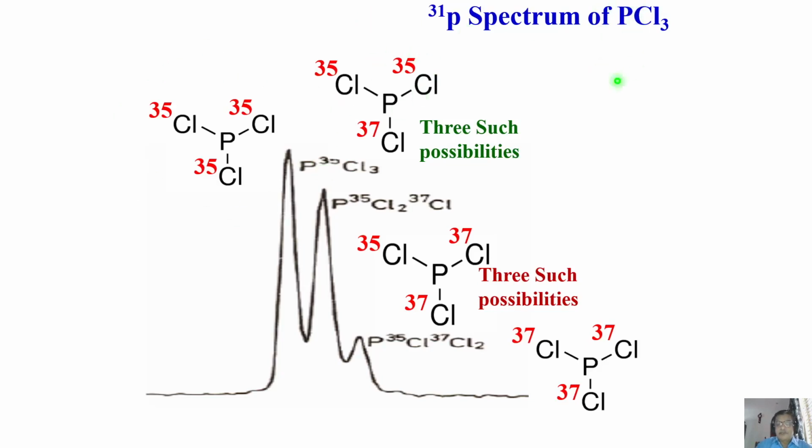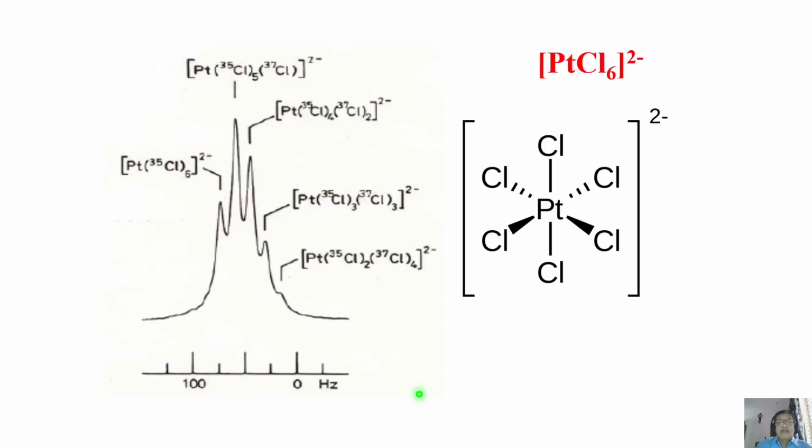Here I am observing the phosphorus NMR. You can calculate all the intensities very nicely; it obeys exactly the same intensity pattern. What is the intensity pattern you got for CFCl3? 100, 95, 30 and 3, you will get. Okay, and you can see this effect especially when you have a more complex case, say platinum with the 6-chlorine complex, and you see many peaks. Actually, in principle, in platinum NMR you should see only a single peak, but varieties of isotopomers are present here. As a consequence, you are going to get different peaks.